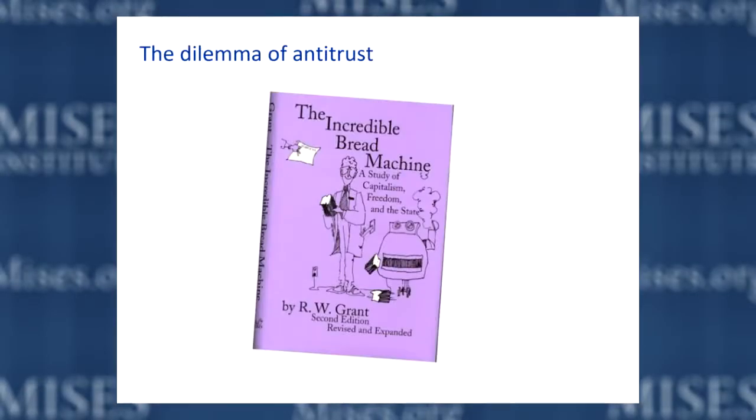There's a very funny cartoon book that nicely illustrates this point. It's by R.W. Grant, called Tom Smith and His Incredible Bread Machine. I think you can find the whole thing online. It's a sort of comic yet tragic story of an entrepreneur who invents this wonderful machine, but then is attacked by the government and by inefficient rivals, and he's quashed by the state. There's a great line, it's written as poetry in the book, where some government bureaucrat is explaining to Tom Smith what he's done wrong. And the bureaucrat says the following.